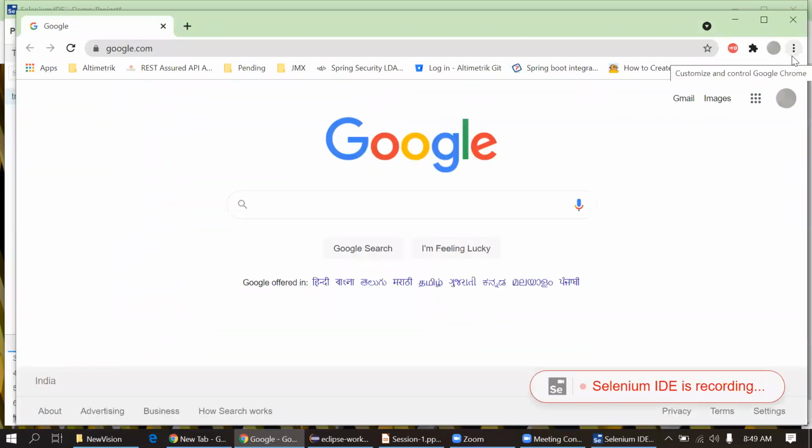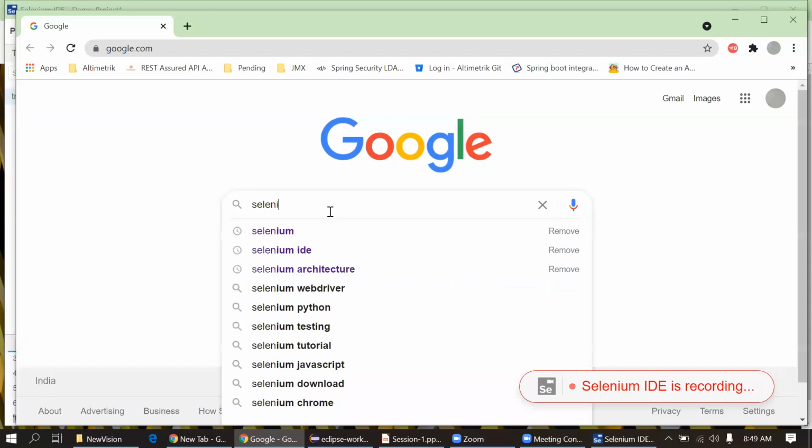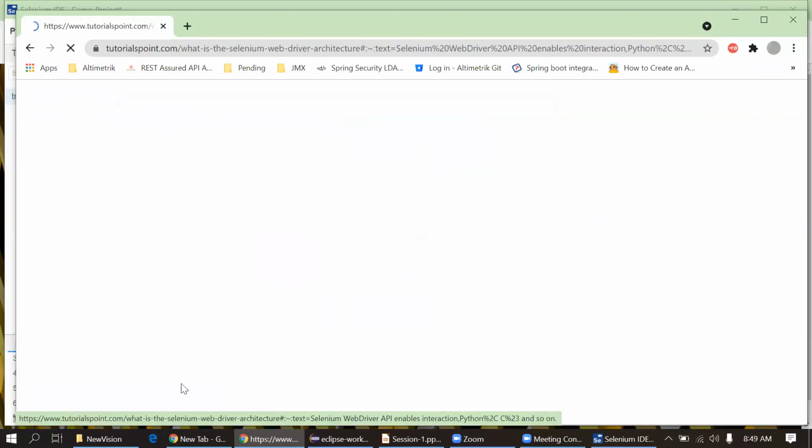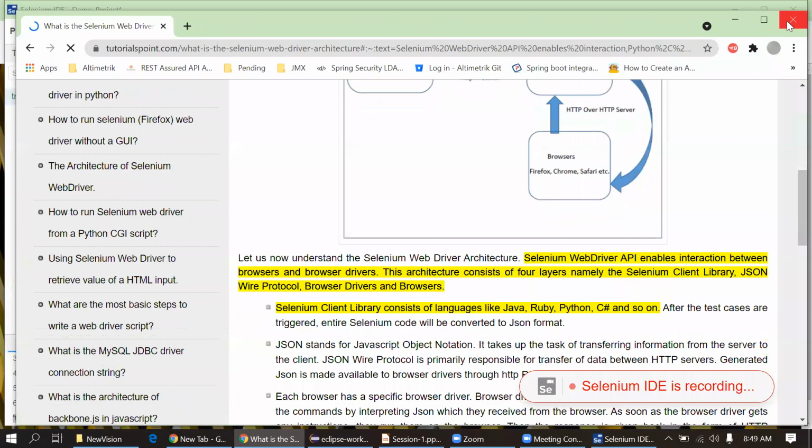Record. I will enter Selenium, but this time I will select an option from the suggestion box, Selenium architecture. I will click on the first option randomly and close this window.